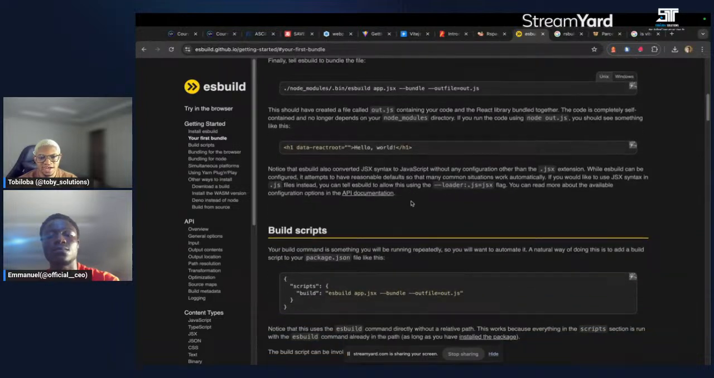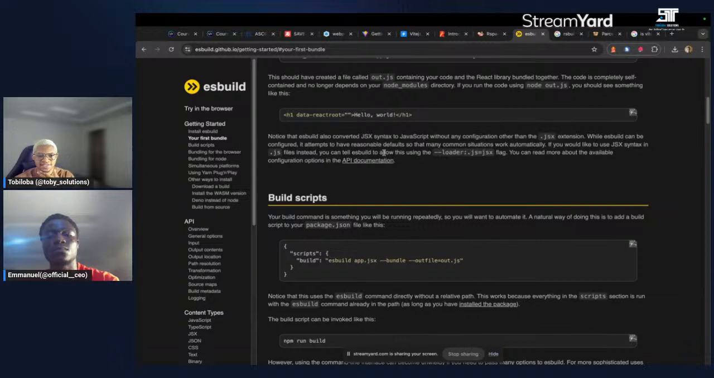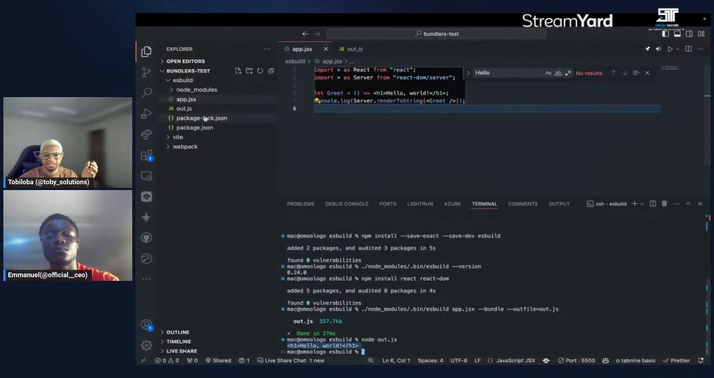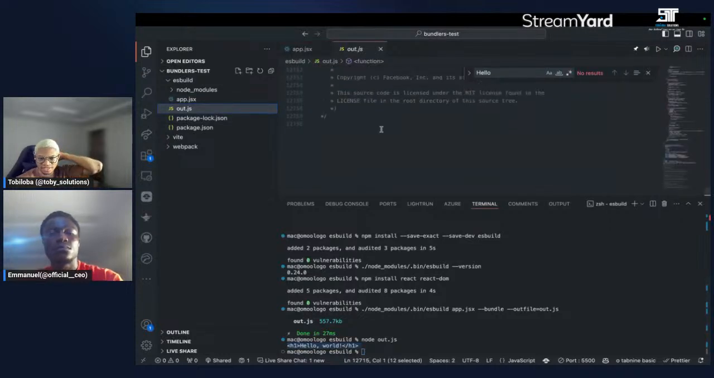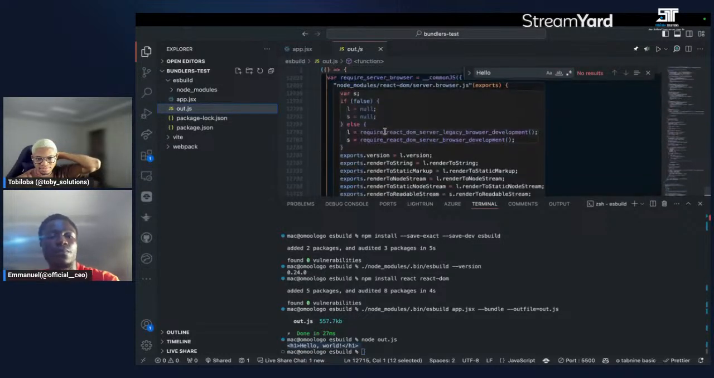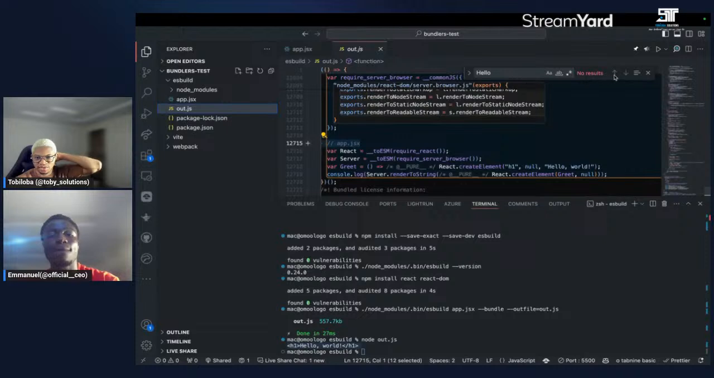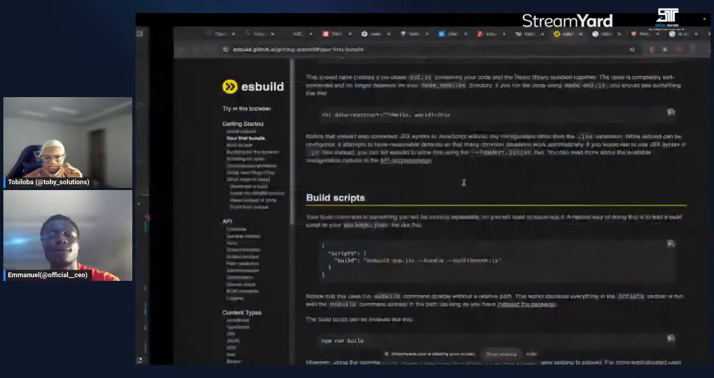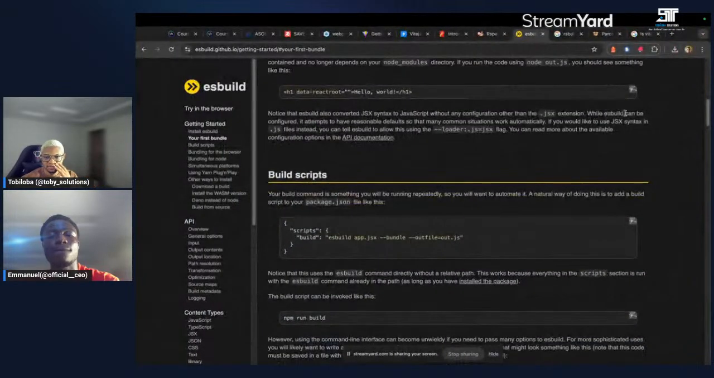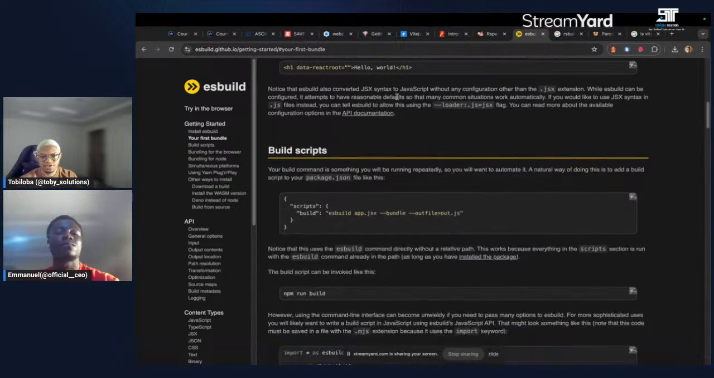Yeah, it's weird. Notice that ESBuild also converted JSX syntax to JavaScript without any configuration other than the JSX extension. Like, ESBuild is that cool. For example, if you see the code here, you just converted this directly to JavaScript without us doing so much configuration. ESBuild can also be configured though, but it attempts to have a reasonable default so